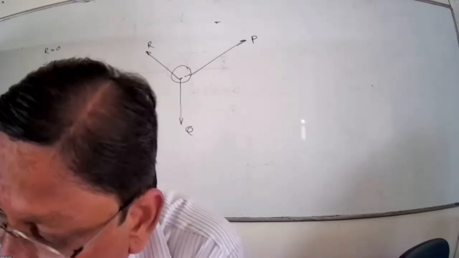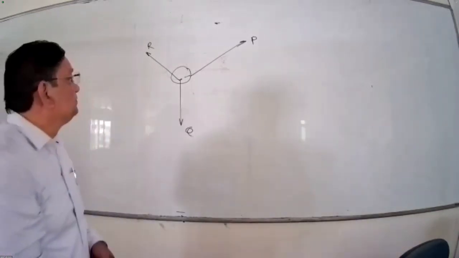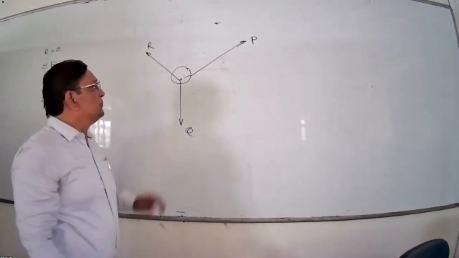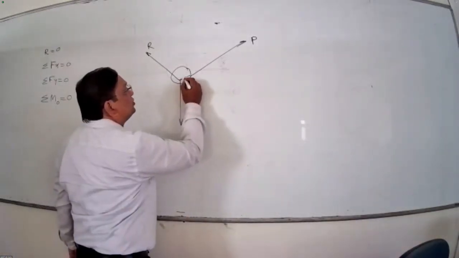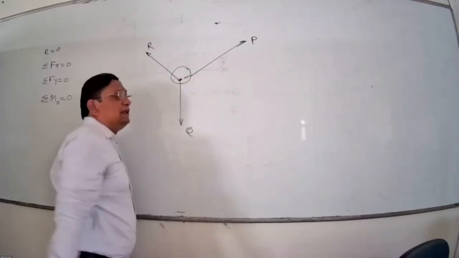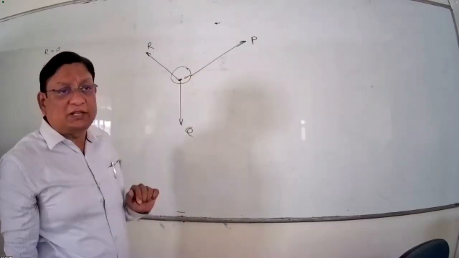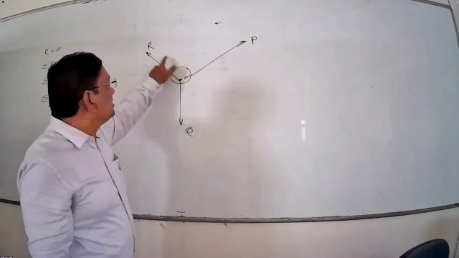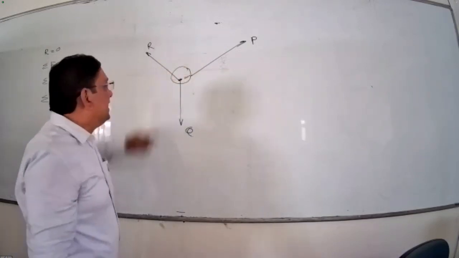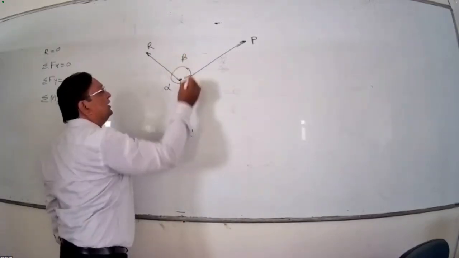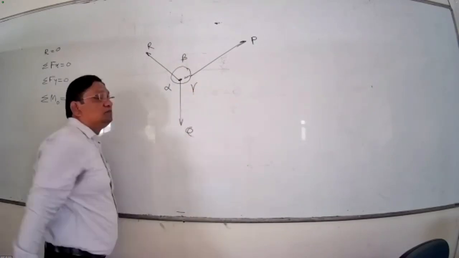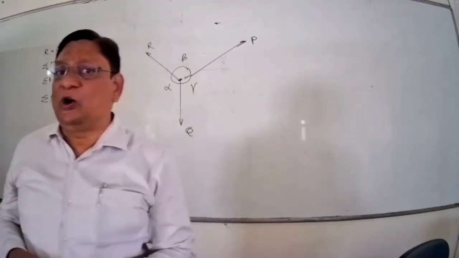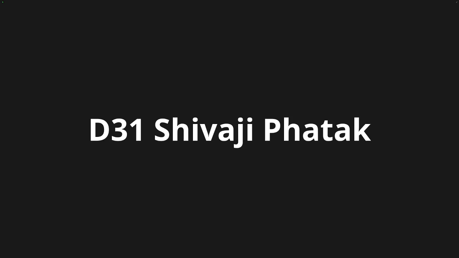Yes. So in the previous topic, we discussed the two force equilibrium. Let us say now we are considering three different forces. Three different forces P, Q, and R are given to you, and let us say the angles between them are alpha, beta, and gamma. So if you have to describe the given diagram.